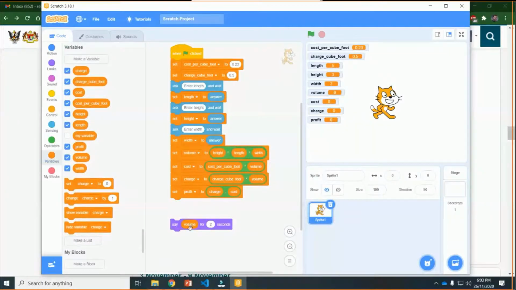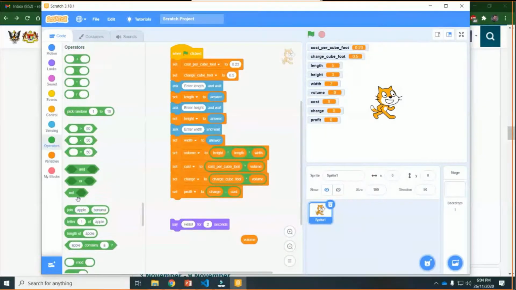Actually it will just display the value, like if volume is 30, it will just display the value 30. So I want a message here also, like a prompt in C++. What to do? For this purpose, go to variables and bring join. The join example is given as apple and banana, but it is just an example.